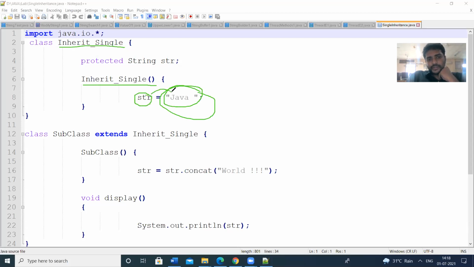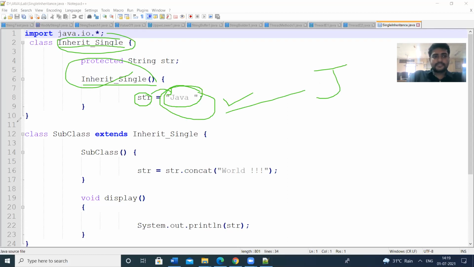Here I am initializing the string as Java. That is the string I want to store. So this is the constructor. This inherit single class consists of one constructor, one initialization. So this output is Java. This will be printed if you write any print statement. So this is the one class.